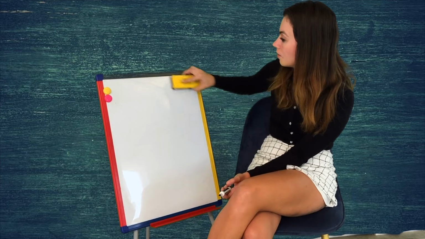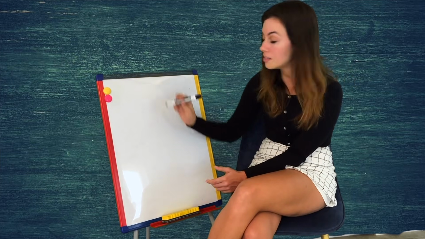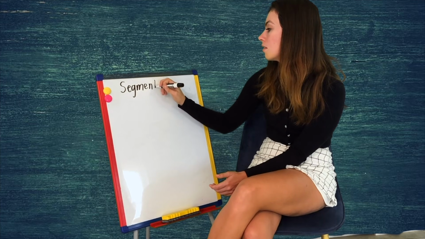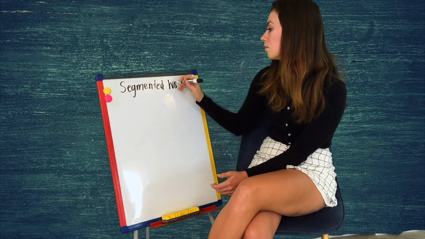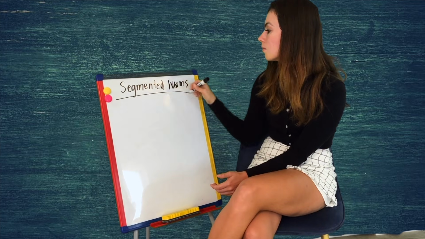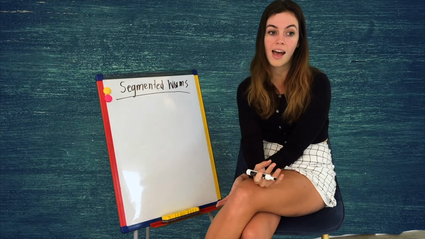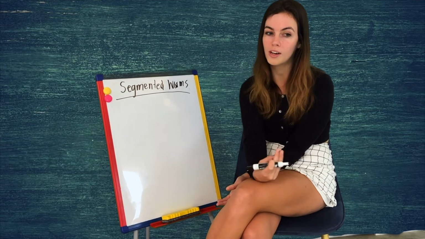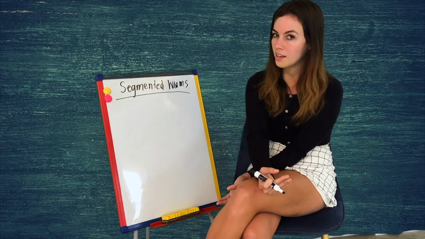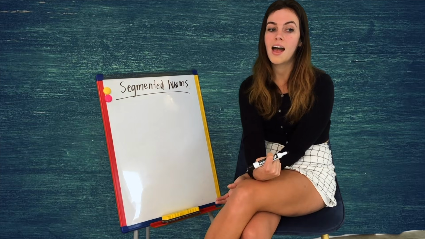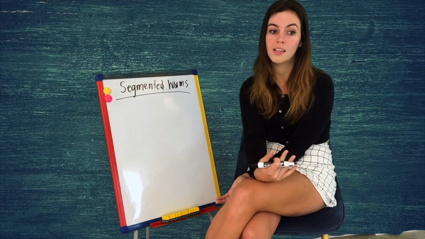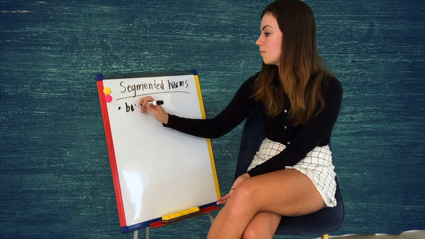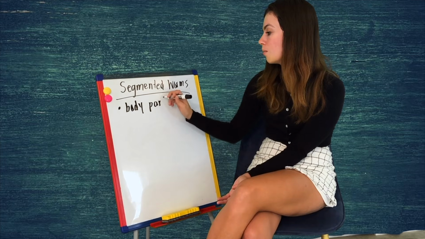The next type of invertebrate is the segmented worms. So, segmented worms have a body with many sections. They can live in soil, freshwater, or the ocean. There's about 15,000 species of them. And some examples: earthworms, a leech. Those are some examples. So their body parts are